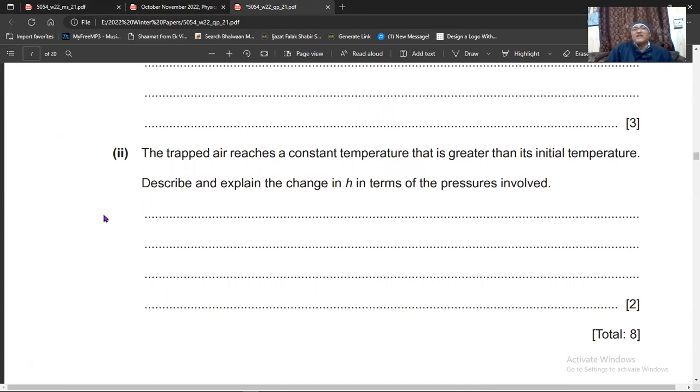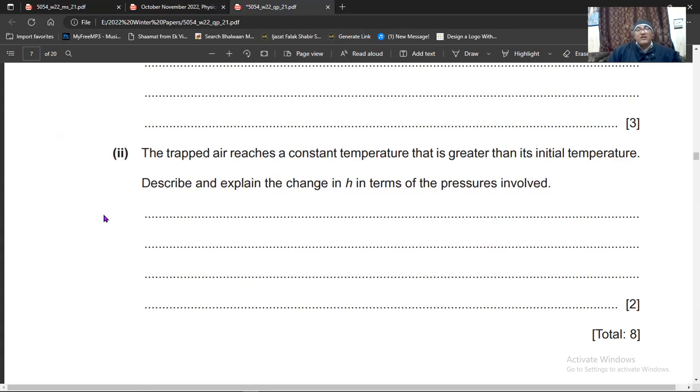When the X value will increase, you see the level of the mercury in the right side of that tube will go up, and the level of the mercury or that liquid in the left side will go down because the X value increases. So here the level of that liquid or mercury will go down. In the right side it will go up. The H value will increase